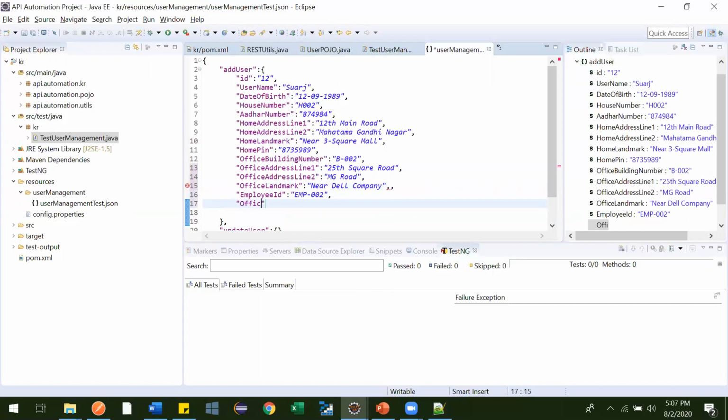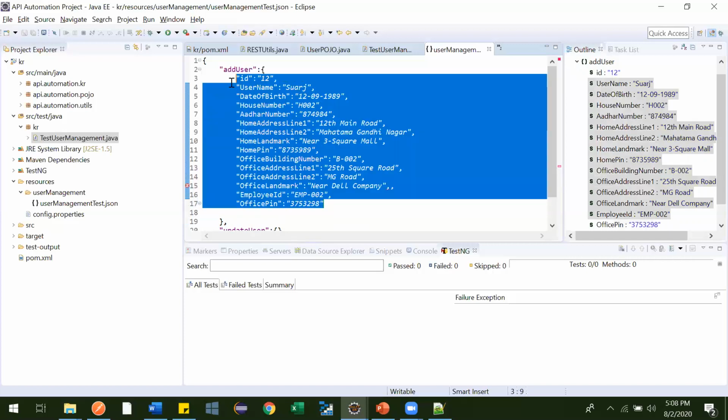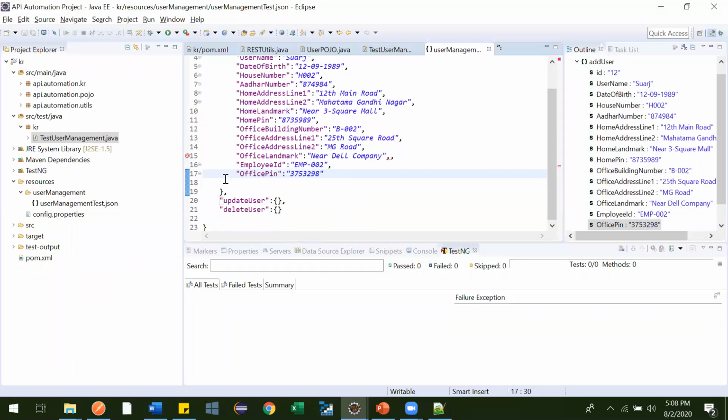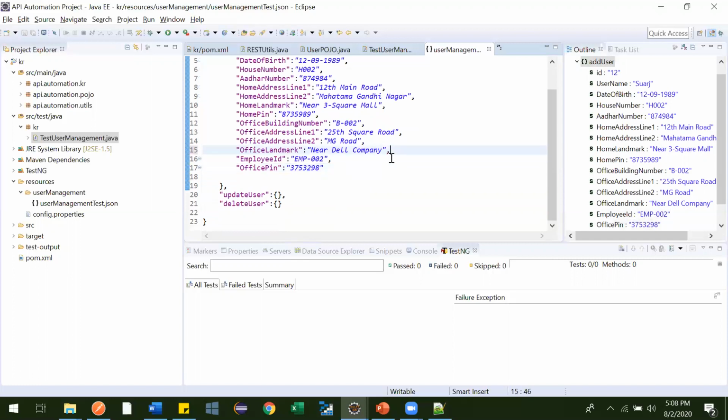So office pin, and pin we can give something like this. Perfectly fine. So using these details we will be adding user. Why is this error coming? Oh yeah, two commas are there, that's what.